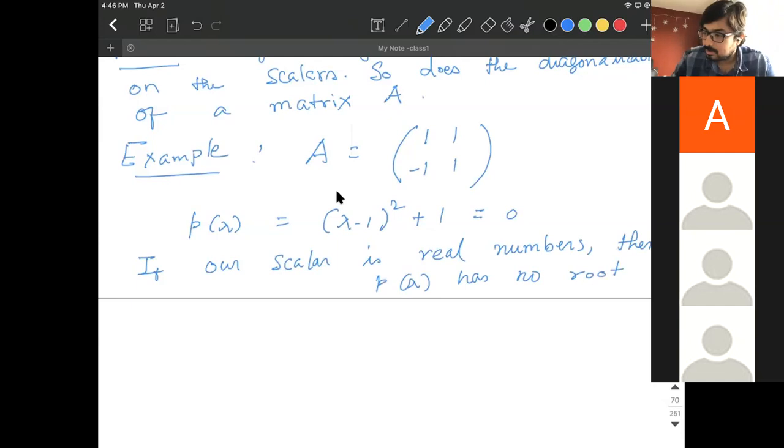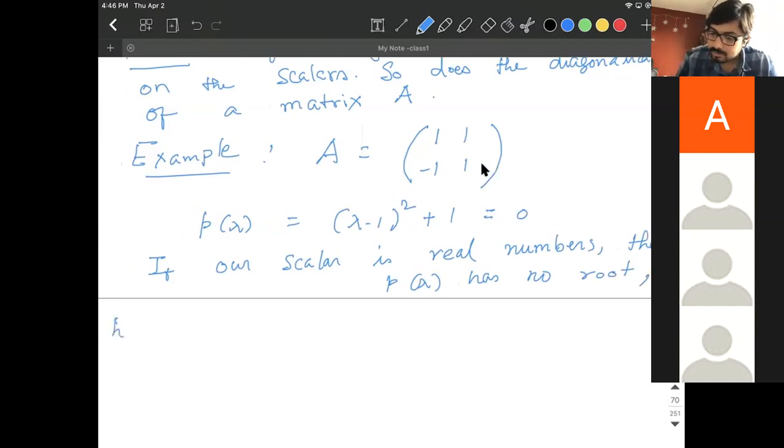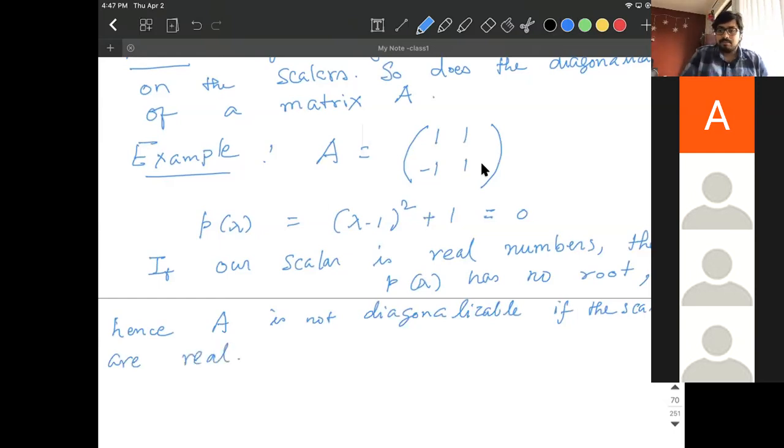Hence, A is not diagonalizable if the scalars are real, simply because you cannot factor it. But if we allow complex numbers,